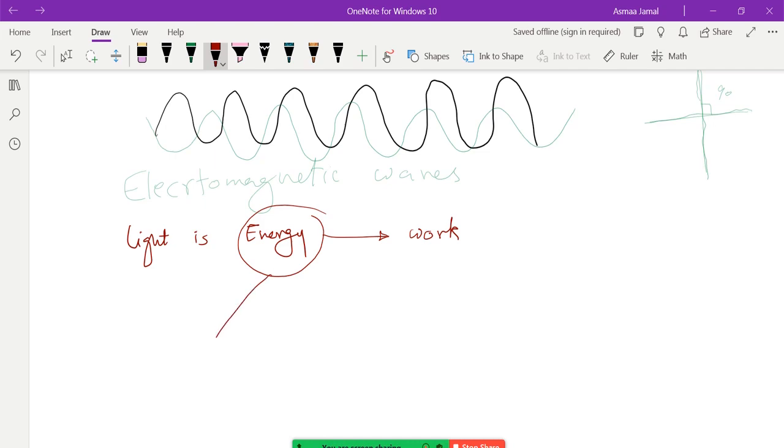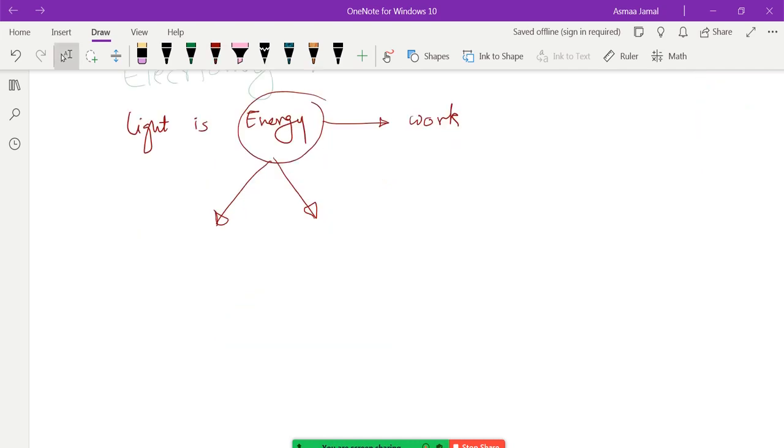We have two kinds of energy. They could be potential or kinetic kind of energy. What's the difference between those two? Potential energy means it's a stationary kind of energy, which means it doesn't move. The energy doesn't move. While kinetic energy is a moving kind of energy.